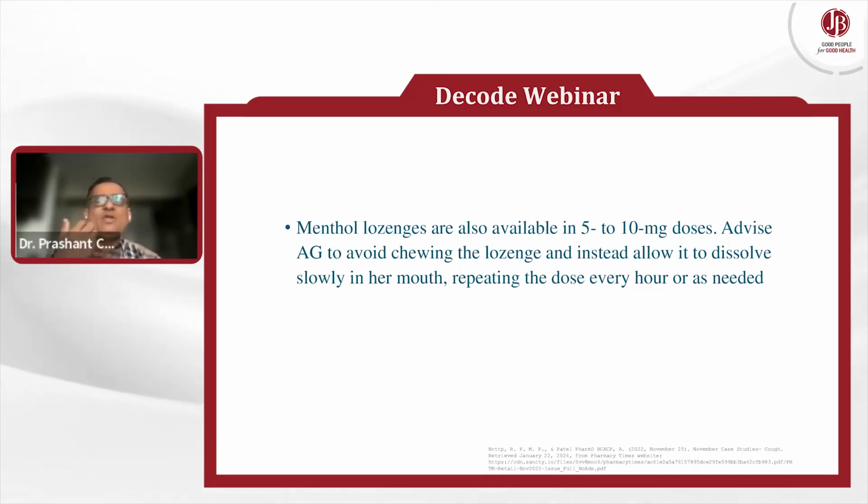In this scenario, lozenges are also available, and lozenges of these formulations can be very helpful. They dissolve slowly in the mouth. They are not supposed to be bitten, and as it forms a demulcent coat over the throat, it helps in the reduction of cough severity. Typically, these individuals may be able to talk in long sentences, but if it is affecting their work or their meetings in day-to-day life, yeah,